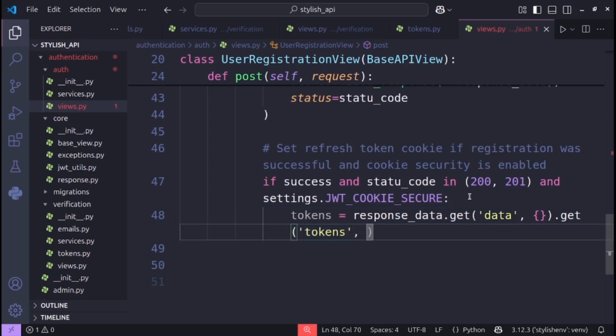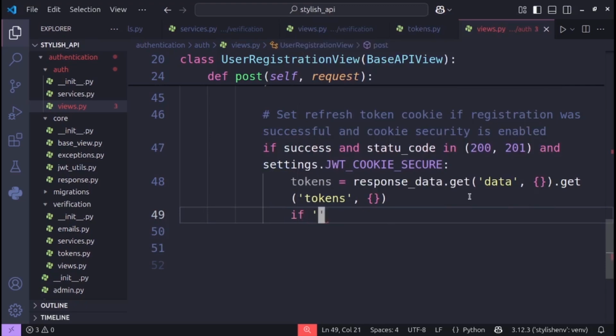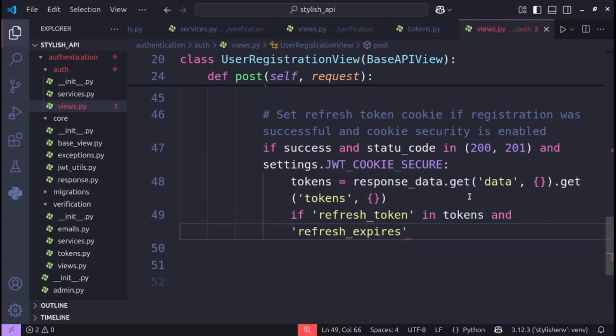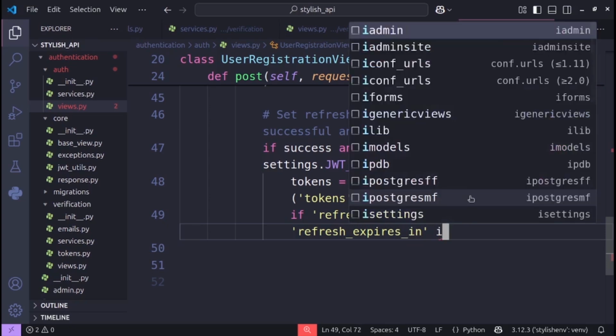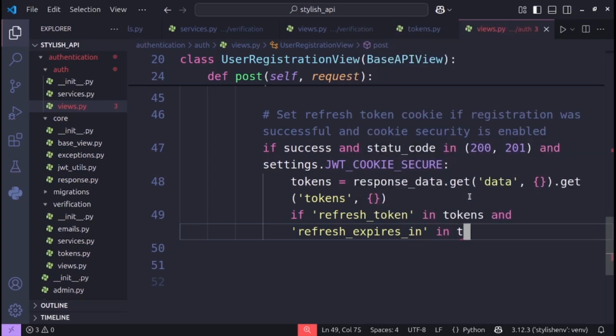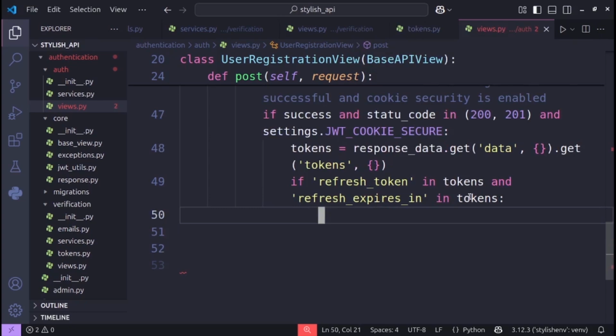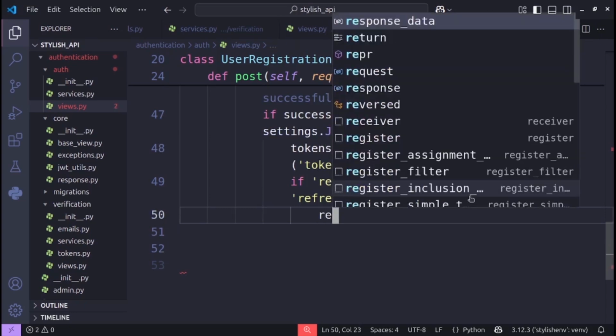Then we're gonna put it also in dictionary. So if we're gonna get refresh token in tokens and refresh expires in, what is going on? Expires in tokens. If it does that, we're gonna have the response